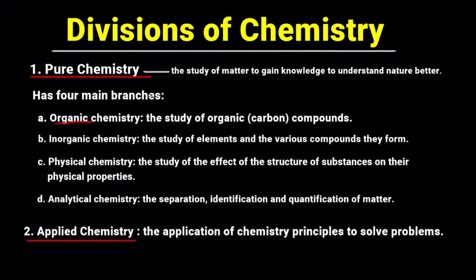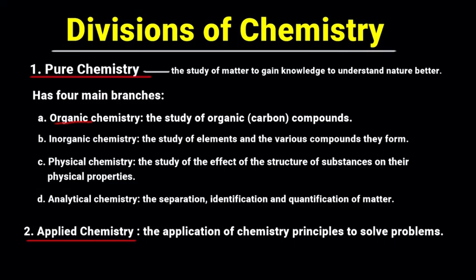So pure chemistry is simply the study of matter to gain knowledge so as to understand nature better. That is pure chemistry. So knowledge gained through the study of matter so that we understand nature better is what